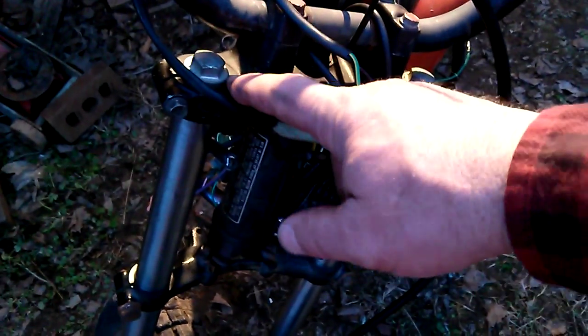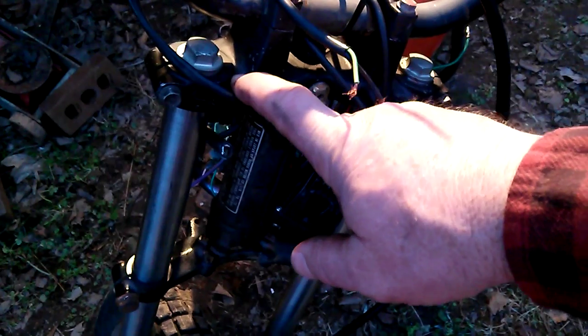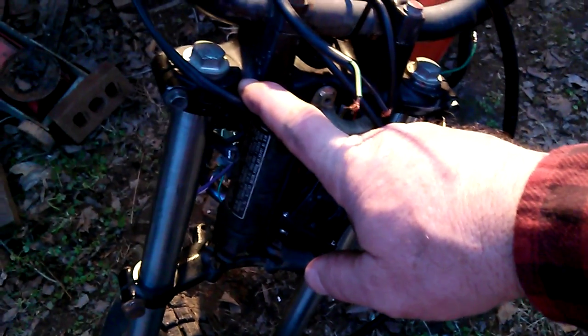Now, that XR100 front end, I was just going to use the triple clamp from the XL80 that it had on it before with these forks, but the problem is that the hole was too small. I mean, the tube diameter is the same, but the hole on the top clamp was too small to fit these forks. So, and then I would have just replaced the top clamp, but the spacing here is